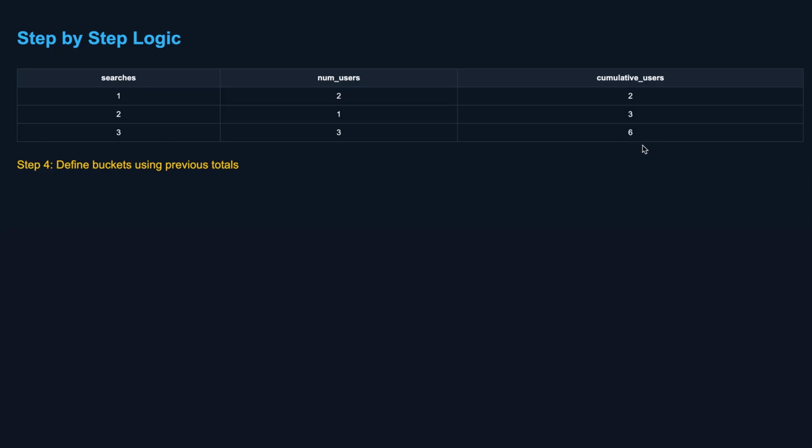So now each row represents a range of positions. And remember, for calculating the median, we only need positions. Now we need to understand that each value occupies a range of indexes in the sorted array. So search value equal to 3 occupies the positions 4, 5 and 6, which means if